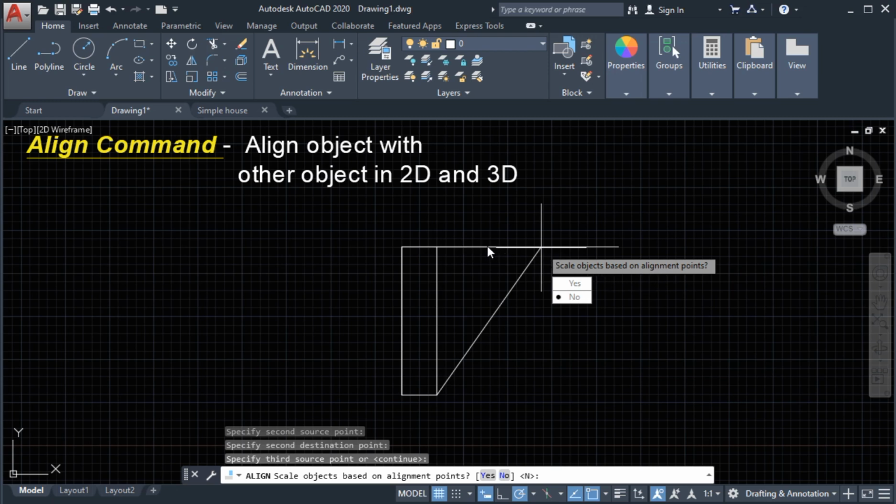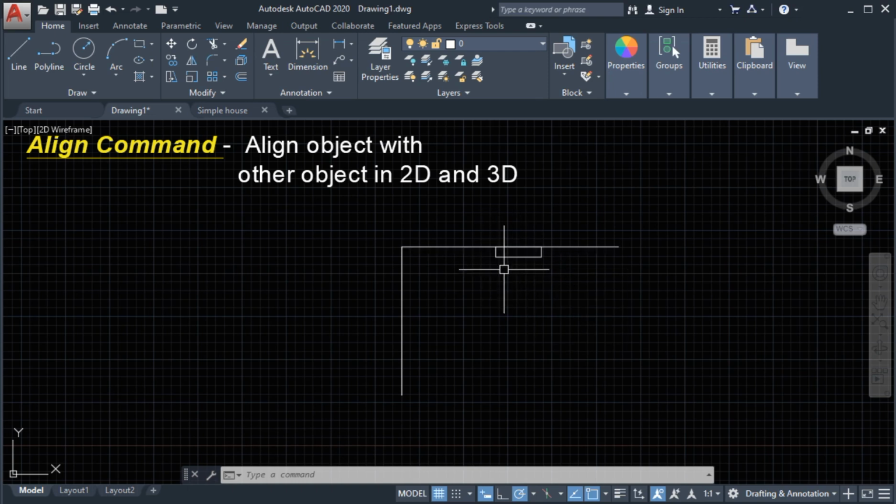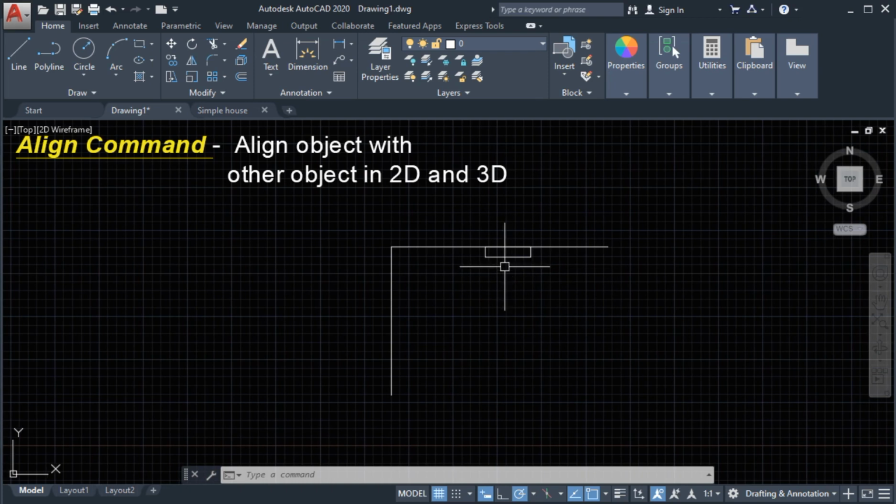So the result of this, our object will be scaled. So we'll select yes. So as you can see, our object has been scaled into a smaller size based on our alignment. So this is how the align command works in 2D.